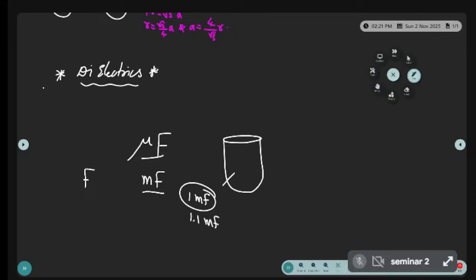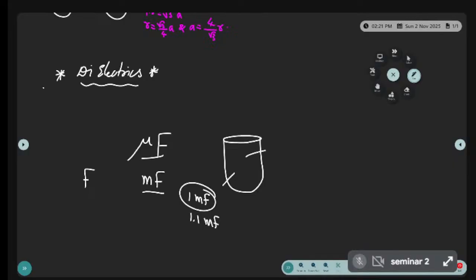So what can I do? This has got a limit. That limit is 1. If you want to add excess, some changes you have to make. We have to increase the size, generally. Because that was one example I took. The capacitor that we are using in a fan and the capacitor that we are using in a motor are the same. The motor capacitor's capacitance is higher than the fan capacitor. Yes or no? Right. So if you want to make capacitors store a large amount of charge, more than the required one, what can I do? What is the possibility? I have to change the dimensions. Size I have to change. But without changing,